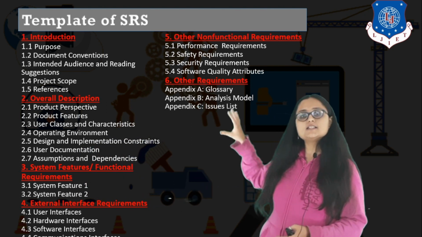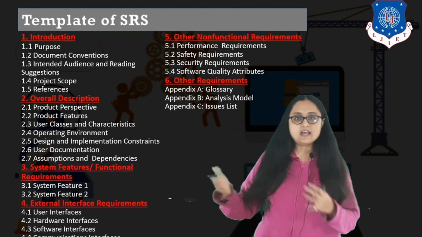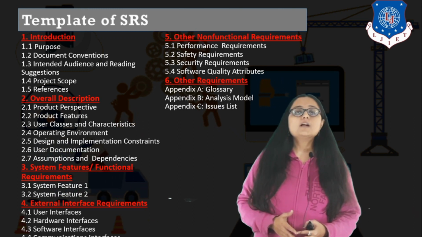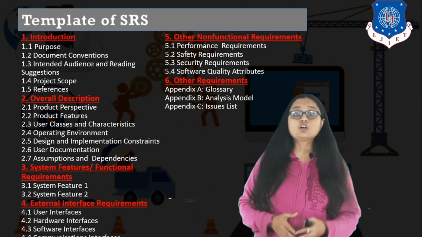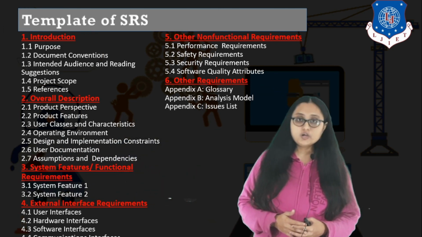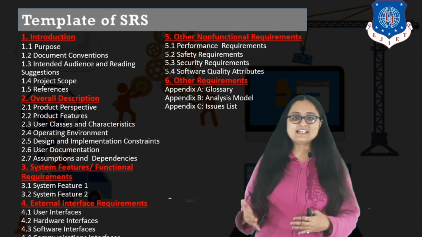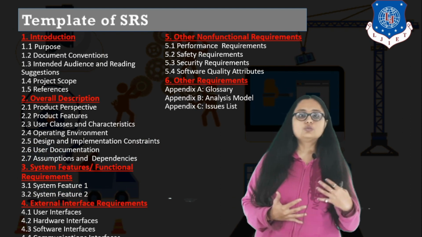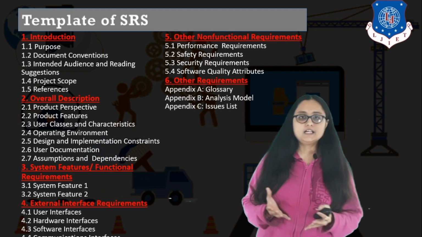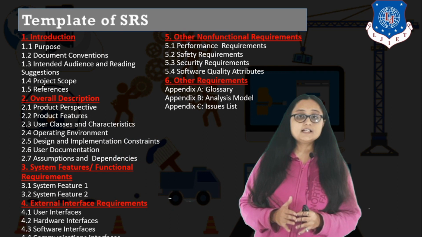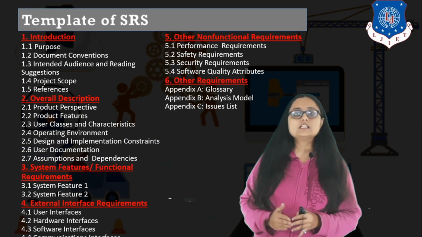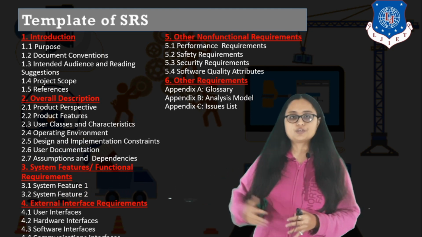So this is just a basic structure of an SRS. It may vary from person to person, project to project and company to company. It is up to you. But a good SRS should consist of the overall description of your product, such that the client as well as the developers who are going to refer to the SRS get the perfect idea of what the system is about. In the SRS we are not concerned about how the system is being developed. We are only concerned about what is to be developed, right?